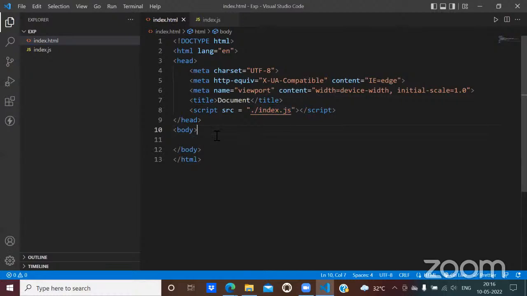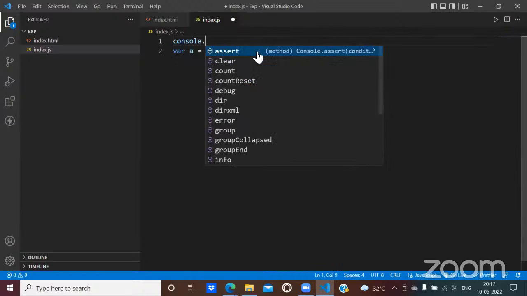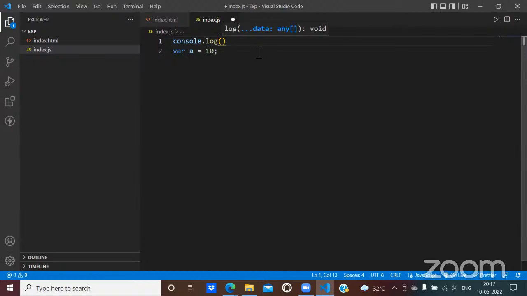Okay. So what I was doing there is I have created one index file and one JavaScript file. What I'll do is simply open it in the browser. I'll use a VS Code extension called Live Server, so it will host my website on port 5500. What I'm going to do right now is create one variable, let's say variable A, and initialize it with 10. But before actually initializing it, I'm going to write console.log